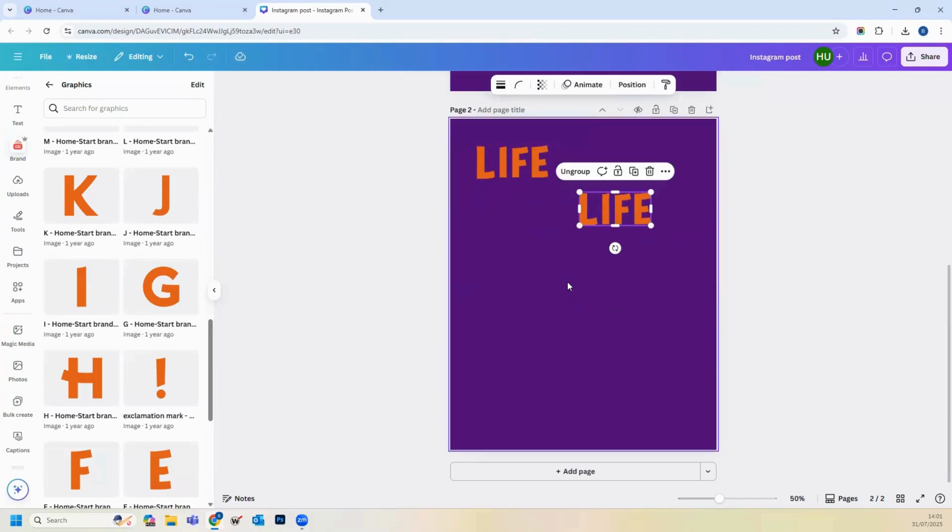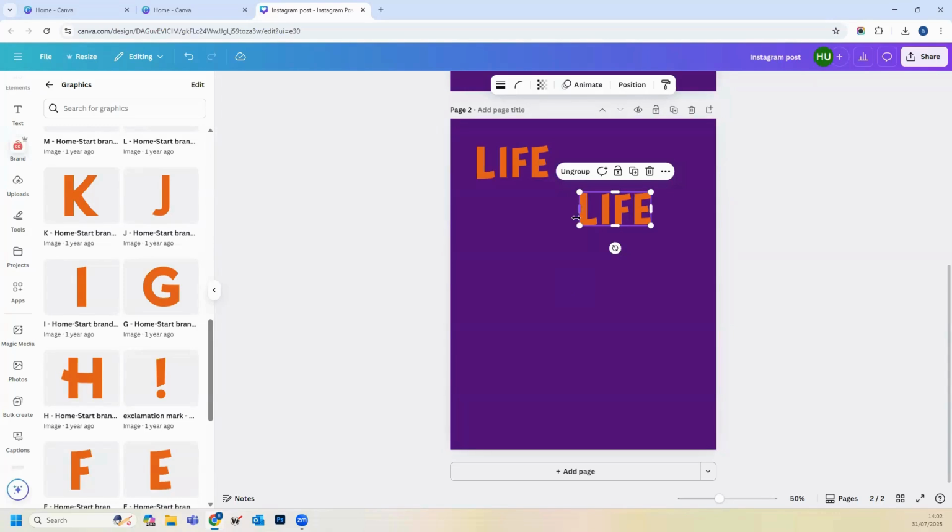So yeah, it's kind of one of those. Once you've made a few, it'll be a bit easier to copy those over. If you group it all together and then copy it, you've got words that are already made ready for you. That just might help you. But yeah, they've been created as separate graphics. So yeah, they are separate,